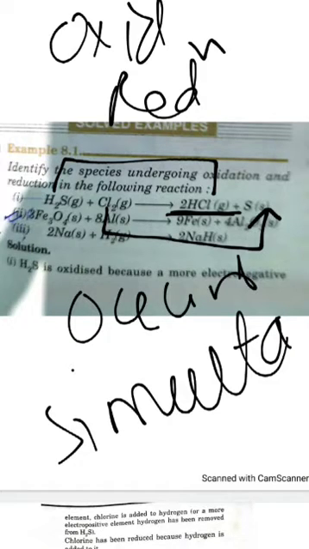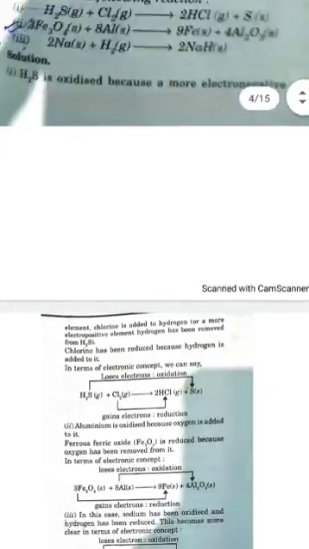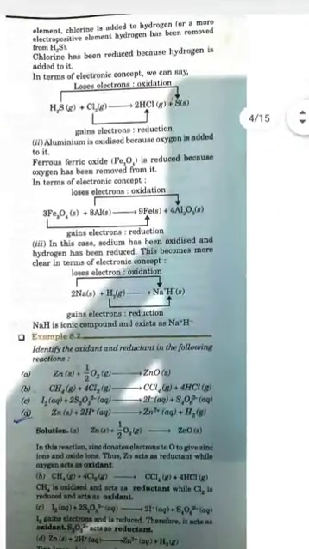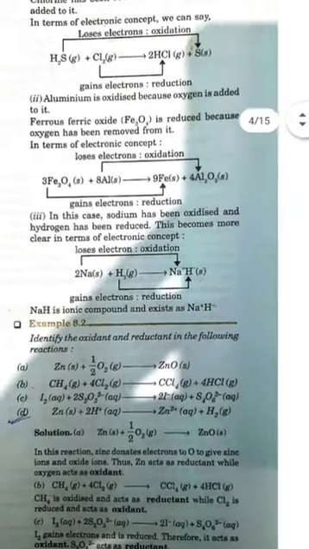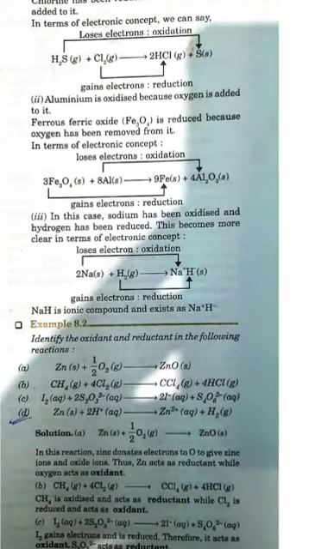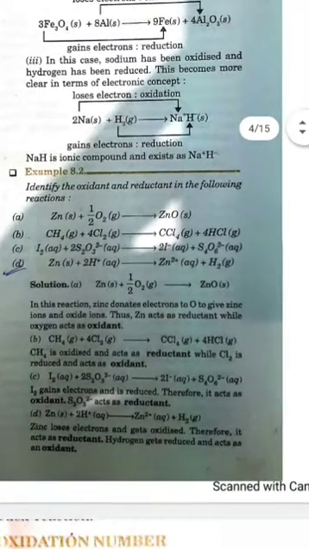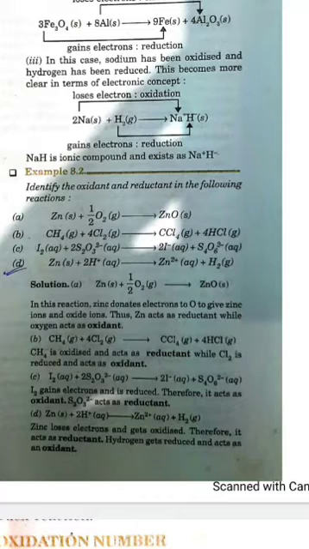This is a very important definition. Now these are some reactions in which you can see there is a loss of electron, in some there is gain of electron. These are important reactions. You have to practice each one of them, because without them your concept won't be cleared. Now in this question you have to identify the oxidant, oxidizing agent, or a reductant, which is your reducing agent.